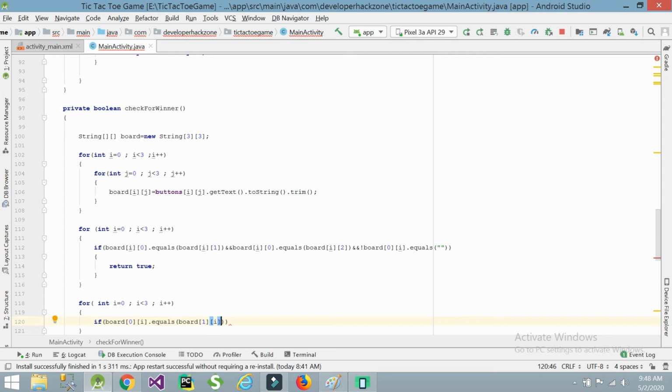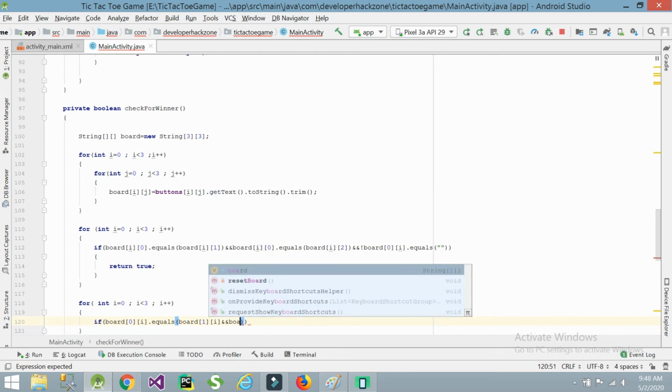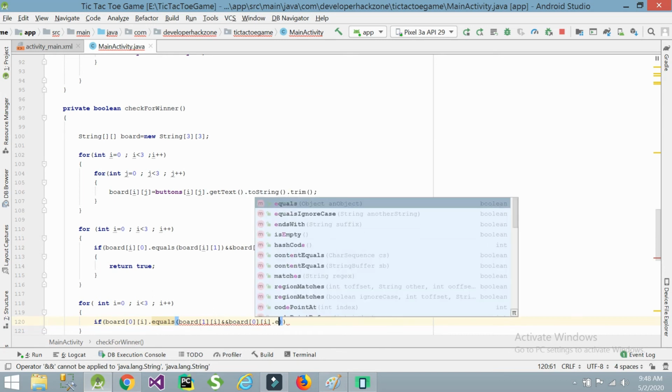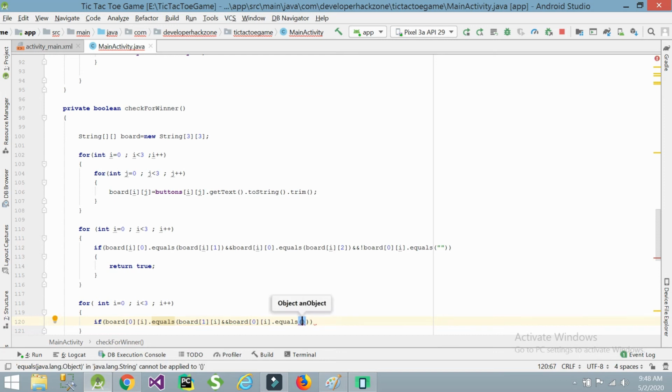Same thing, and you need to check the next one also, like board of 0 of i dot equals of board of 0 of 2.